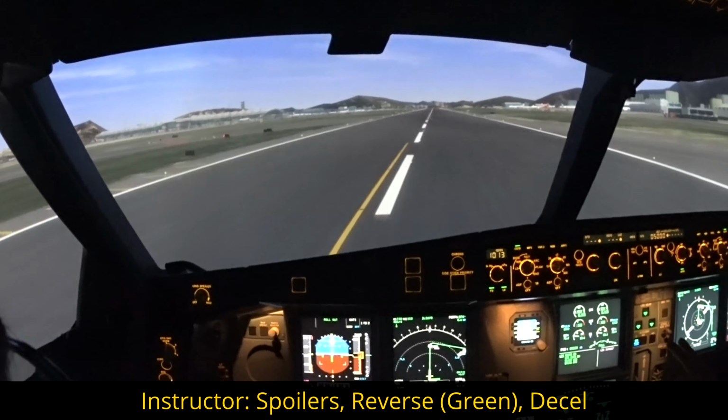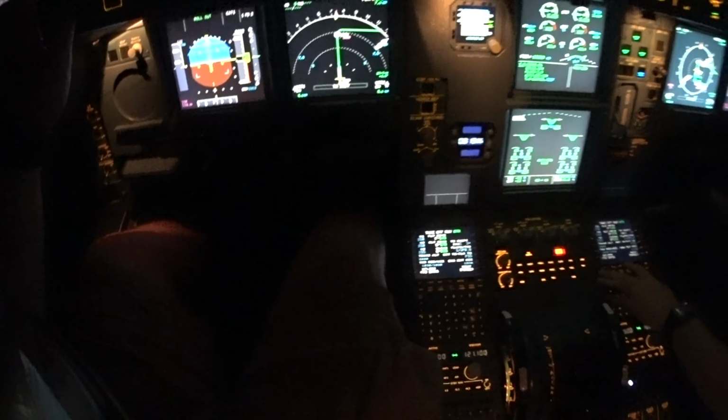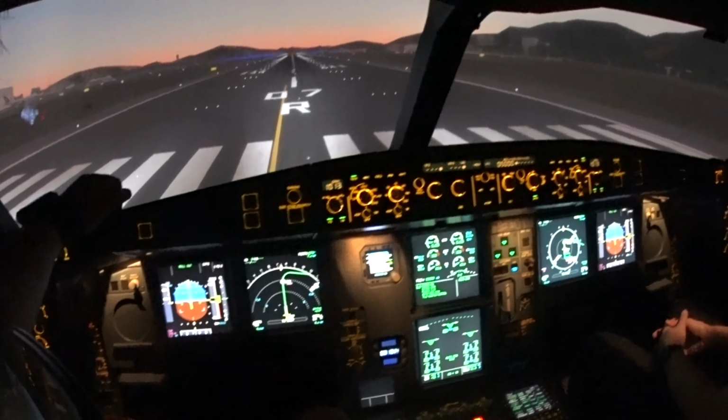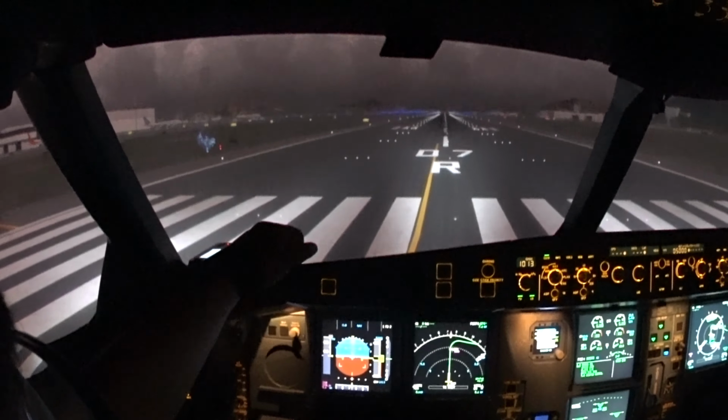This next flight, we're doing the same pattern around Hong Kong, except due to bad weather, we ended up diverting to Macau using the ILS on runway 34. This time, as he thought my flying was adequate, the instructor sat behind me in the instructor's seat acting as ATC, and didn't give me any instructions on flying the plane itself, essentially letting me and the PM handle things